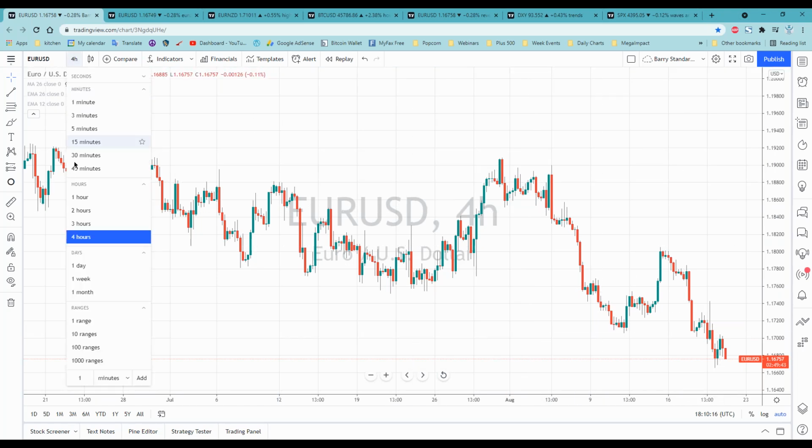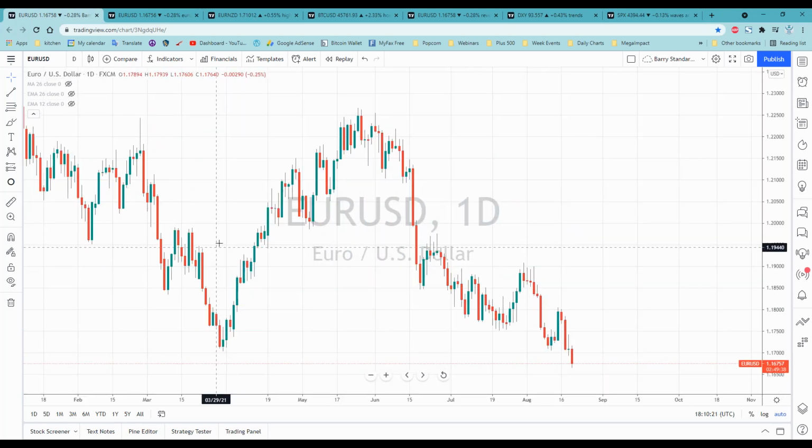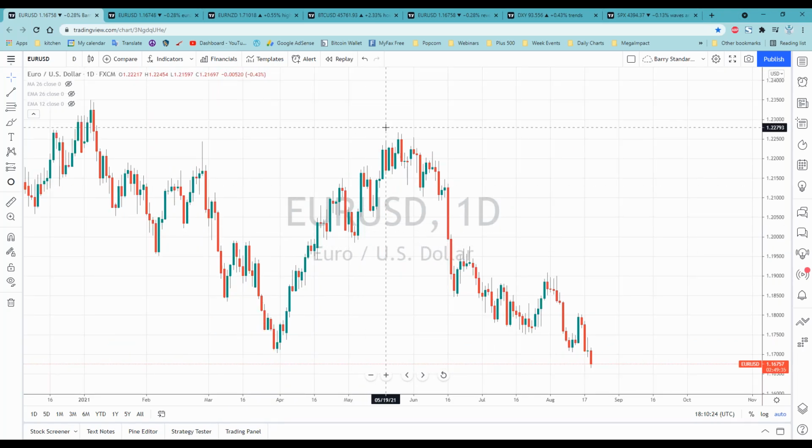But if we go back a little bit farther on our charts, what can I tell you about the euro US dollar? Well, I can tell you since May the 24th, it's been trading in a very, very strong downward trend. We can see in March, it traded in a very strong uptrend. Now it's given back all of those gains, and is far lower now than it was before. So what do we see? We see a very strong downtrend, and a very well-defined uptrend.